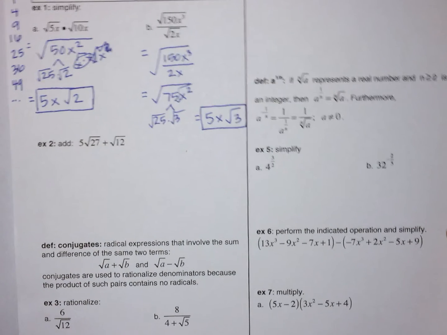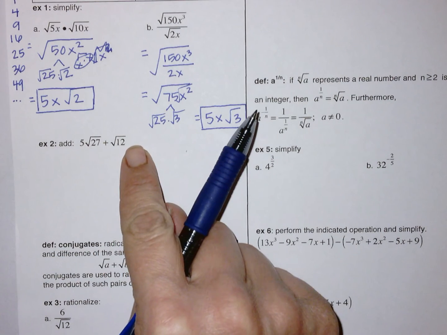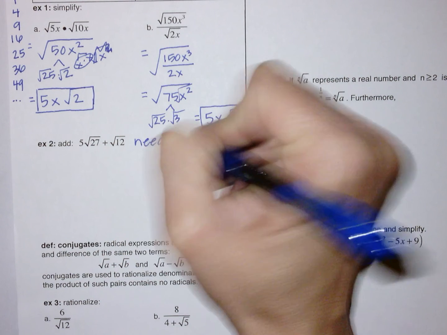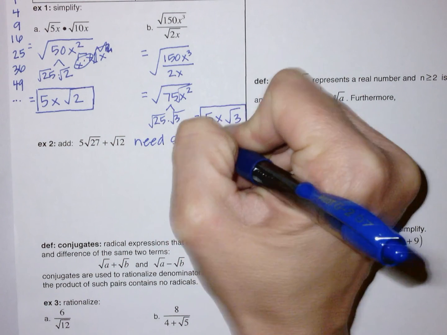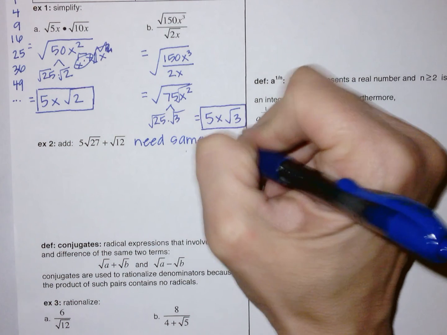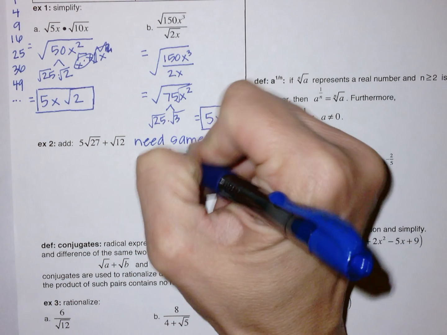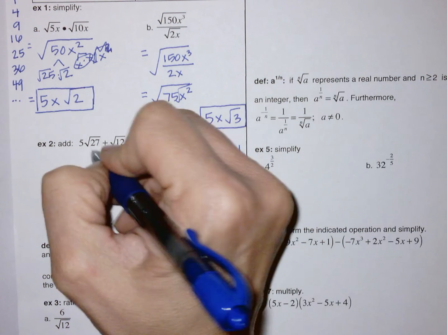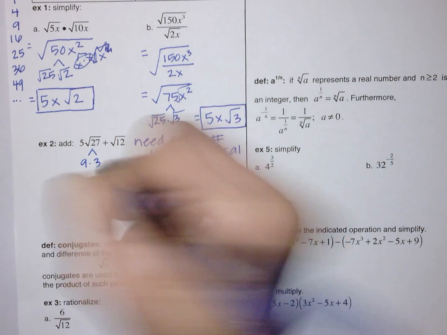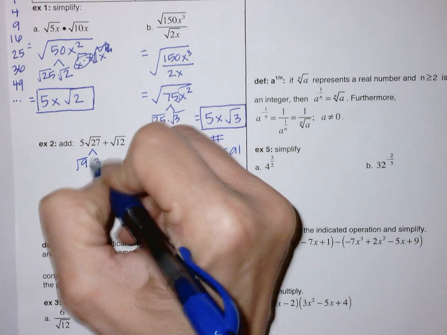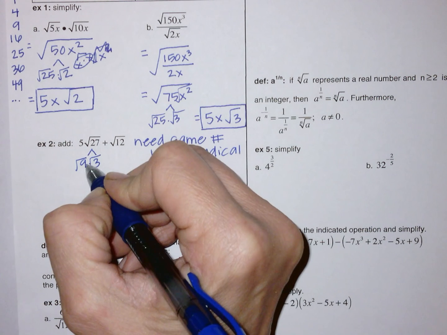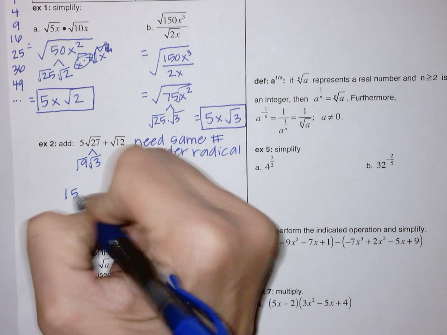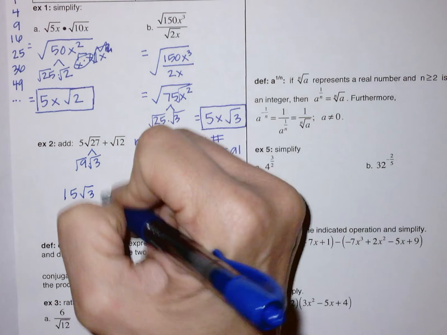Number 2 asks you to add, so just be really careful when you add. You need the same number under the radical to be able to combine like terms essentially. So what you're always going to do is simplify first. So I'm going to find my perfect square. Again, you're more than welcome to do factor trees. And I get 5, and then the square root of 9 is 3, and since we're multiplying, 5 times 3 is 15, and there's a radical 3 left over, plus,